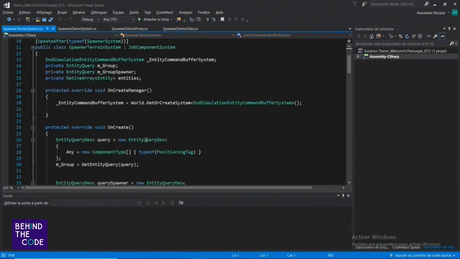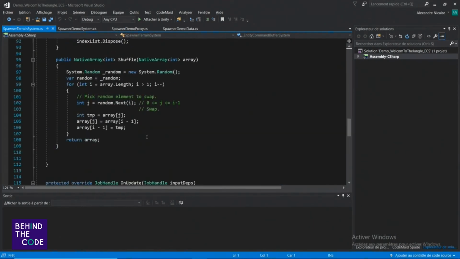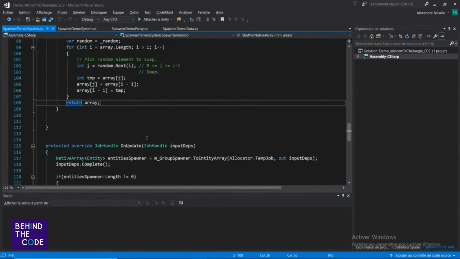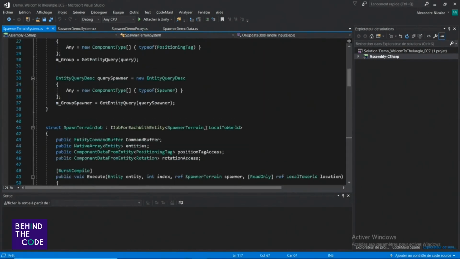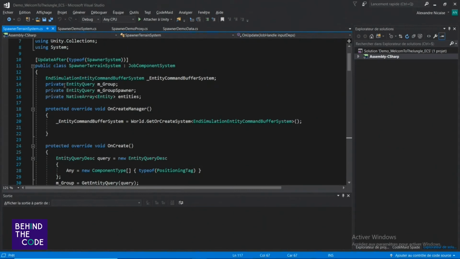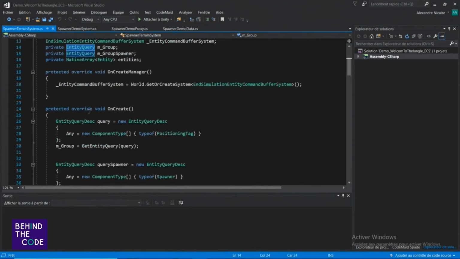So first you create a group, an entity query. Then you make an entity query description, I suppose desc is for description, and you list all the components you want in your entity.